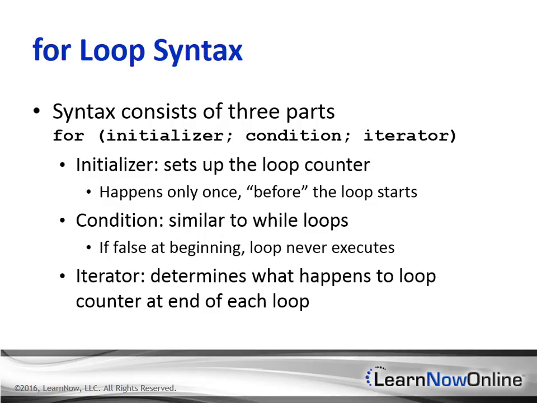Keep in mind that this operation occurs at the end of each loop. So in both samples, the loop executed for the first time with the loop counter set to 0. Now, the first and the last part of the for statement, the initializer and the iterator, those are both actually